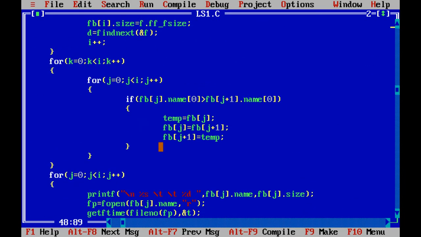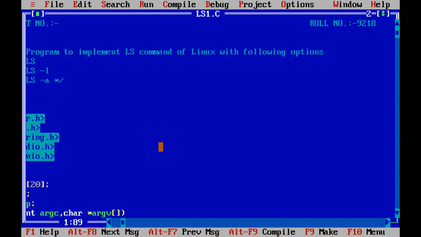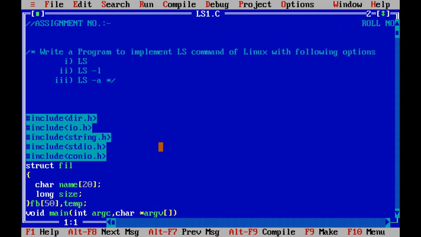Now let us check how to execute this program. It is going to have the normal type of execution where, before proceeding, do not forget to change your directory location. I have already changed my directory location to the folder where my program stays.